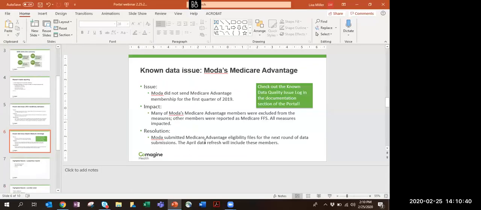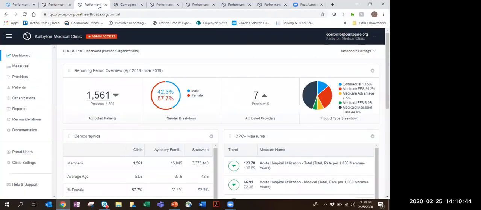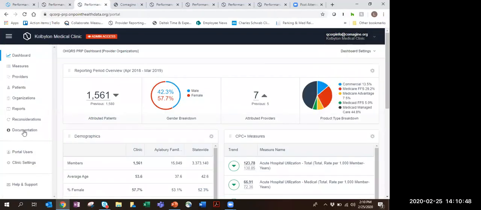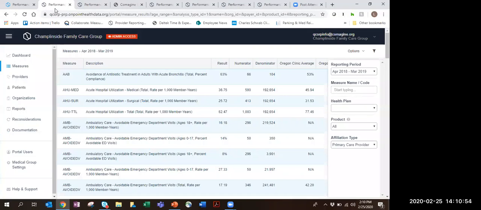So I wanted to show you in the portal where you can see these known data issues. So I'm logged in here, and I'm going to click on the documentation section. Oh, shoot. Sorry. It's not working quite right. All right.